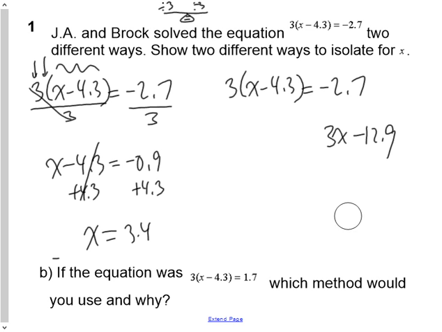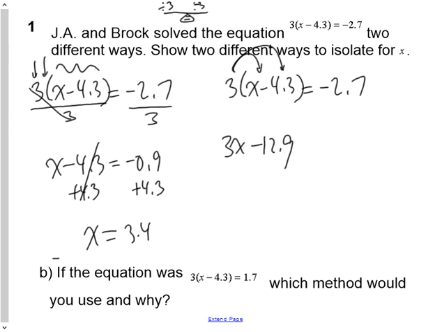dividing both sides by 3, you could do what's called expanding using distributive property. So you have 3 x's and you have 3 negative 4.3s. So you have 3x minus 12.9 is equal to negative 2.7. The difference is that if you divided both sides by 3 to start, you gave yourself a one-step algebraic equation to start. And if you have expanded instead of division, you just gave yourself a two-step, because now we have a coefficient,